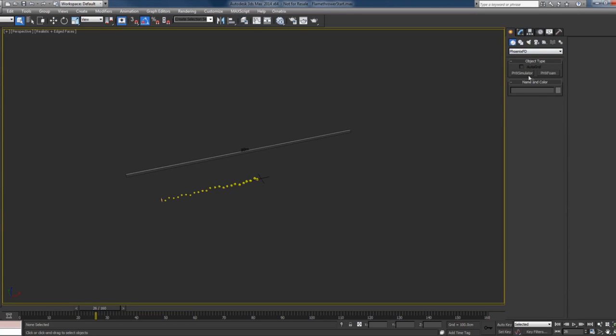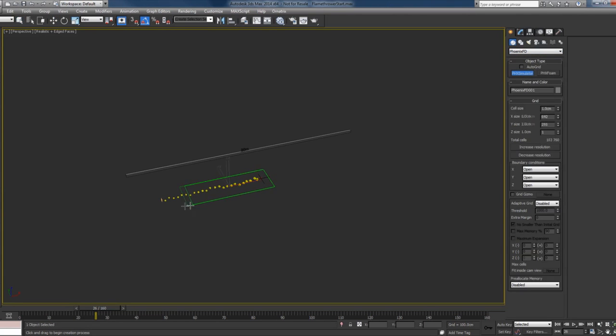Create menu, Phoenix FD, and pick the Phoenix Simulator button, and I'll create the simulator around the particles here. But you can see right now that I have 36 million cells, which is pretty high resolution for the beginning here. So I'll increase the cell size to be able to simulate faster, and I'll set this to something very high, like 5. And let me make this a little longer so that I have more space. And okay, I make this 50 as well,